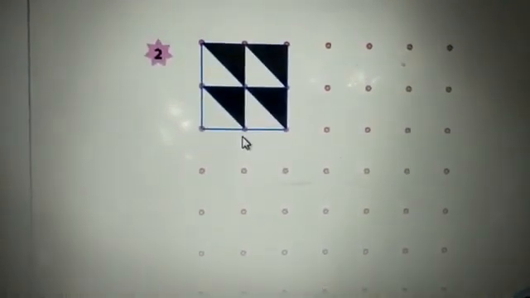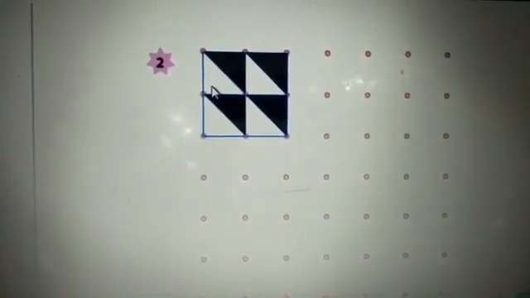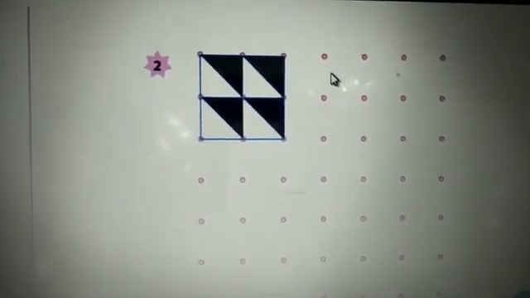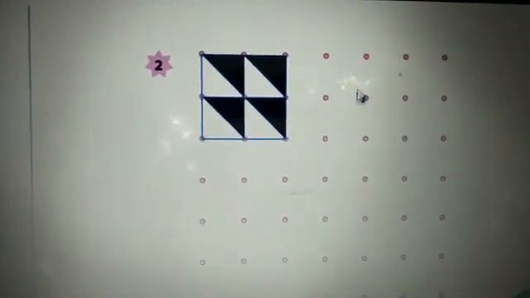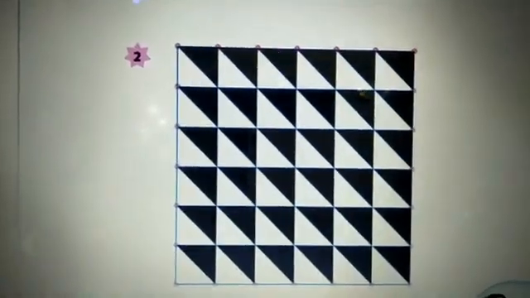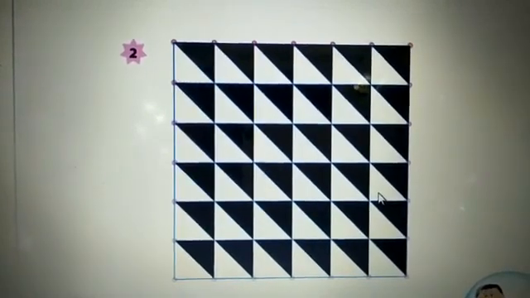This is our next pattern. You should draw the two triangles white and black, or else you draw the square, children, then you have to divide it in half. That means the two triangles are formed, then you can give white and black color, or else you can take any two colors, not only white and black, you can take some other colors also, but two colors only you have to follow. Children, I show the answer for you. This is your answer. Like this you make your pattern, children.